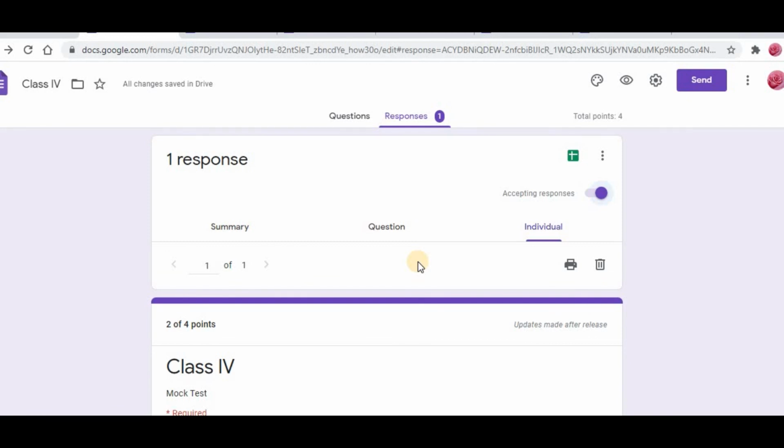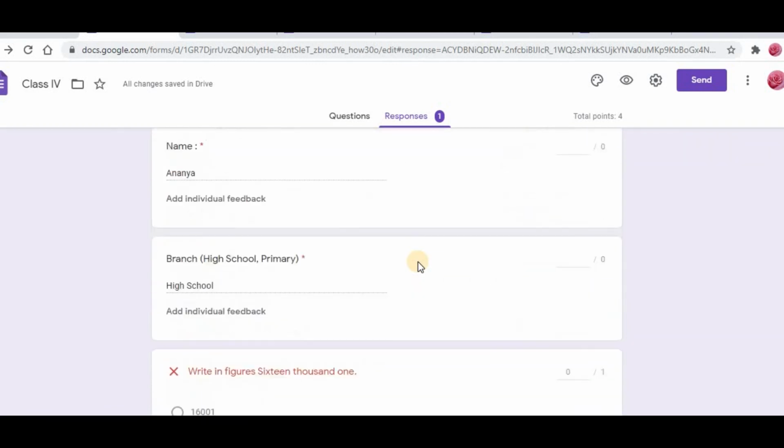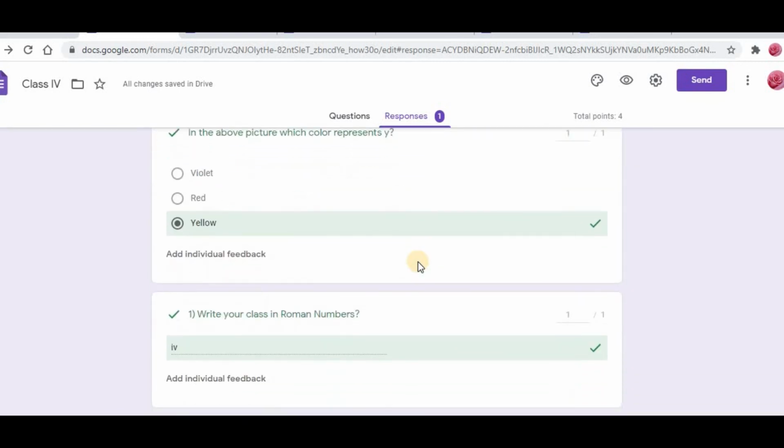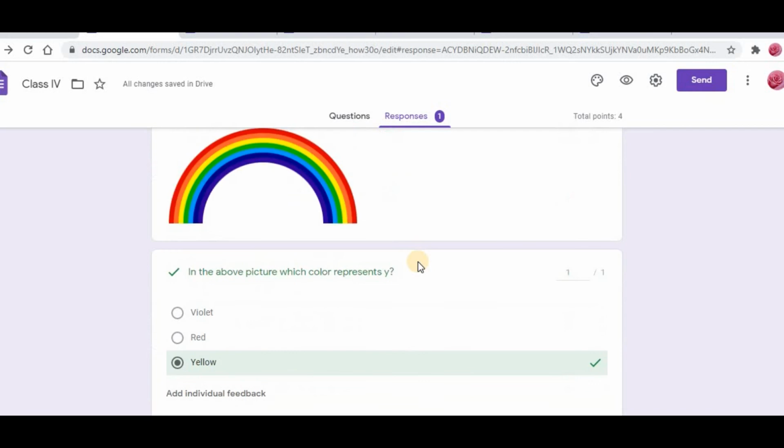Right now it is very important for teachers to conduct online tests, and this is the easiest way to conduct online tests, because we are going to create a question paper like this through Google Forms, and you can create even long questions also. The words whatever you are going to write, the spellings whatever we are going to write, the computer is going to accept only those spellings. The computer will not at all accept the other spellings and other things.